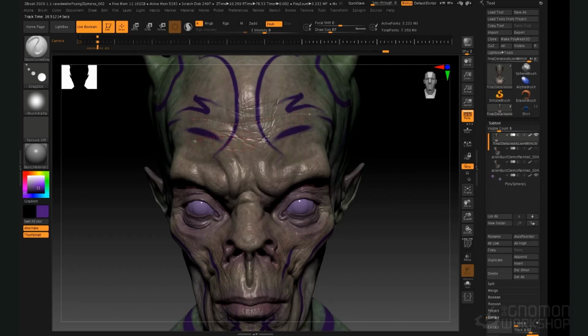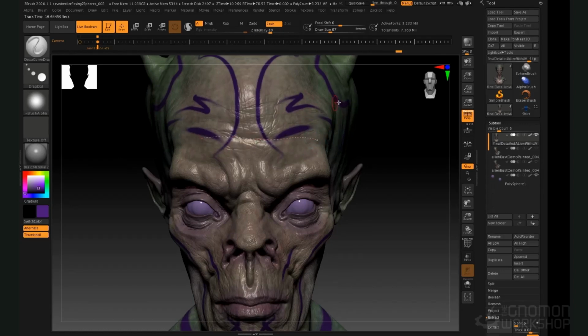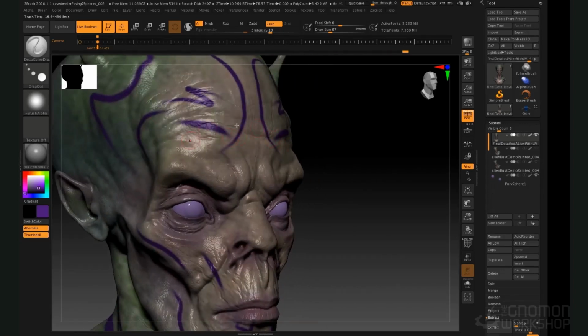That's quite nice. Let's turn up our Z intensity a little bit more. There you go. So you can see it's a really nice way of building up folds and wrinkles either in